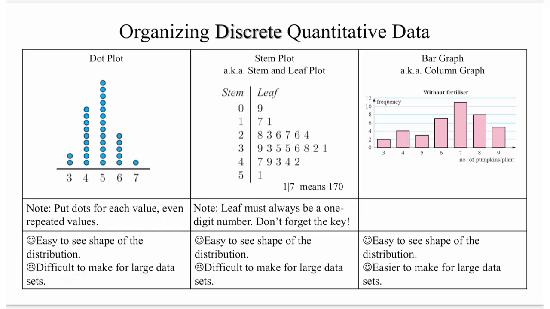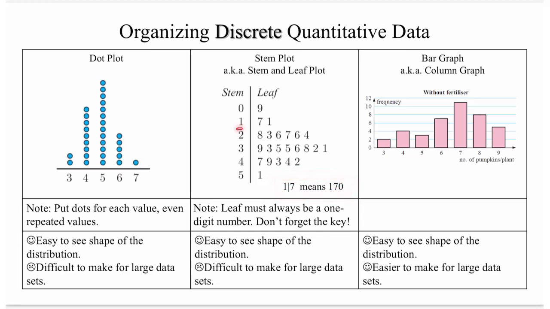So you can imagine that it would be very tedious to have to make 50 or more dots for one particular value. The stem and leaf plot: one side is the stem and the other side is called the leaf, or your leaves. Over here, you also have a key, which down here says 1/7 means 170. So whenever you have a stem plot, you should always have some sort of a key that tells you what